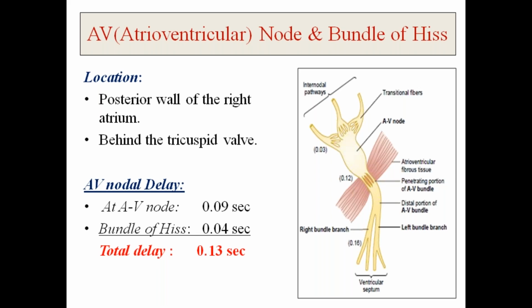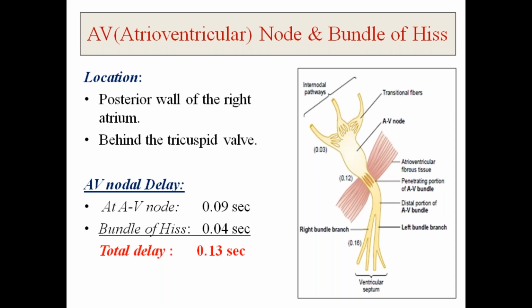Now, let's see how this functions in the heart. Suppose we consider the right side: the blood comes through the superior and inferior vena cava into the right atrium. The right atrium will contract, and because of this contraction, the blood will be pumped into the right ventricle. But for blood to move into the right ventricle, the ventricle should be in the phase of relaxation, that means in the phase of diastole.